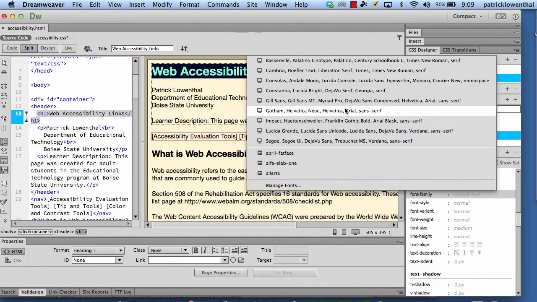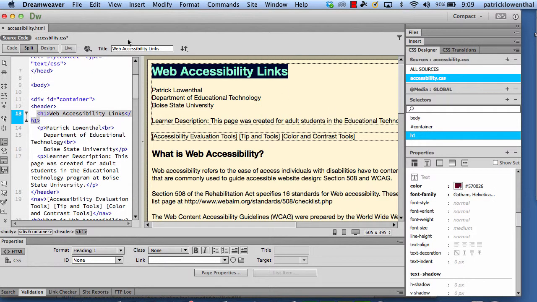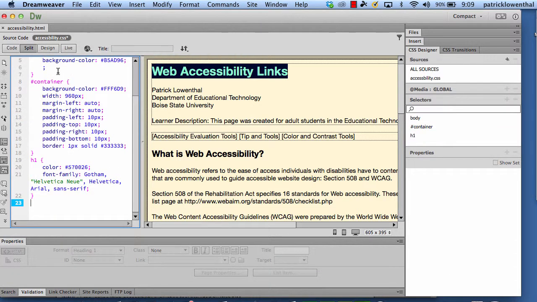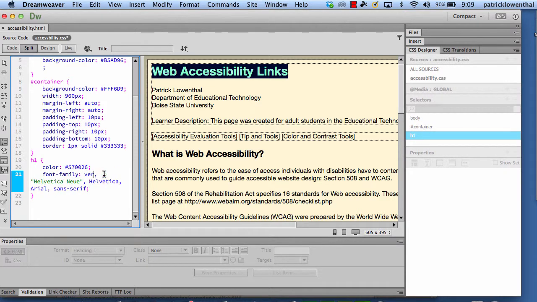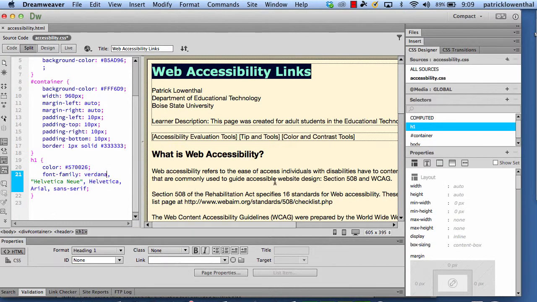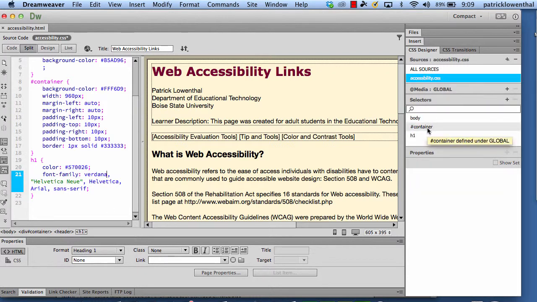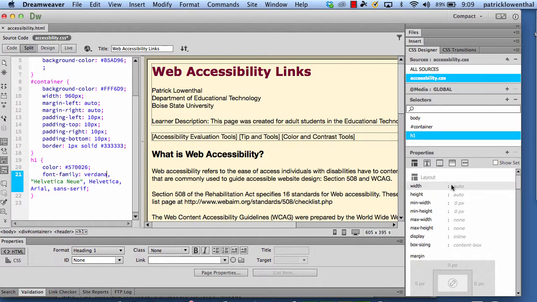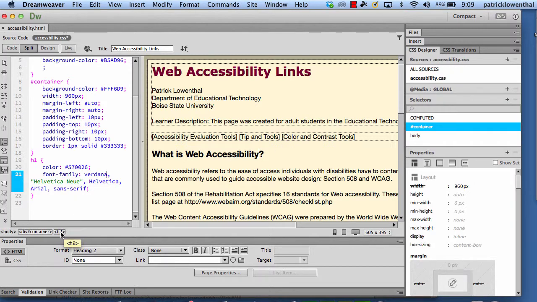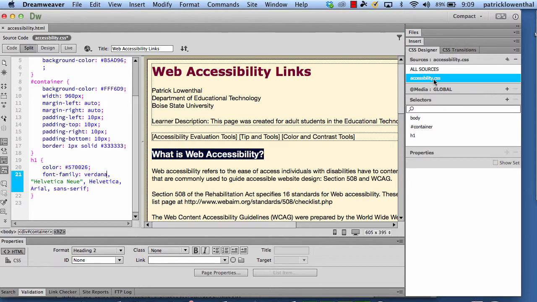A lot of times I can go with any one of these, but if I select something and it's not exactly what I want, a quick and easy way is I can come over here and say, actually, what I want is Verdana to be the first one. And so that looks good. Now that I've clicked out, I've got to go back and click accessibility, find H1, which is what I was working on, and then I could keep adding text. In this case, I'm fine with this for now. I'm going to go down to my next, my H2. Got to hit accessibility, plus sign,